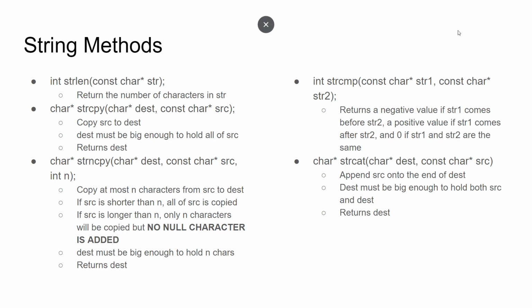strcmp is used to compare two strings. It returns a negative number if str1 comes before str2, a positive number if str1 comes after str2, and 0 if the strings are the same. And then strcat will add the source onto the end of destination. And again, destination now needs to be big enough to fit both the destination and the source because you've added all those characters over there. But in all of these functions like strcpy and strcat, don't forget that you still need space for that null character as well, right? So if we had this string up here,